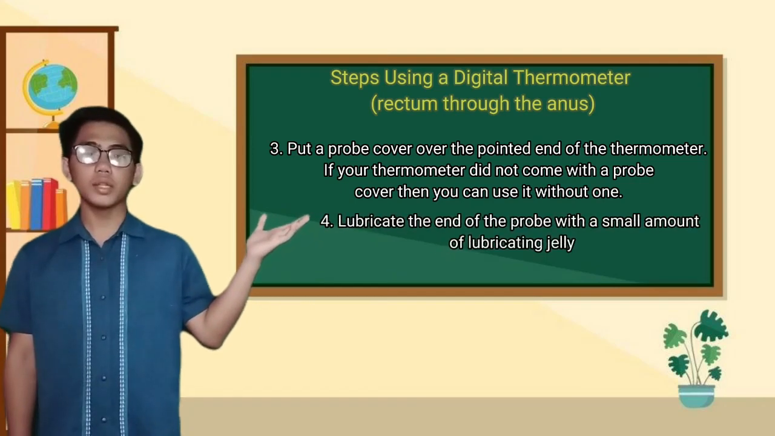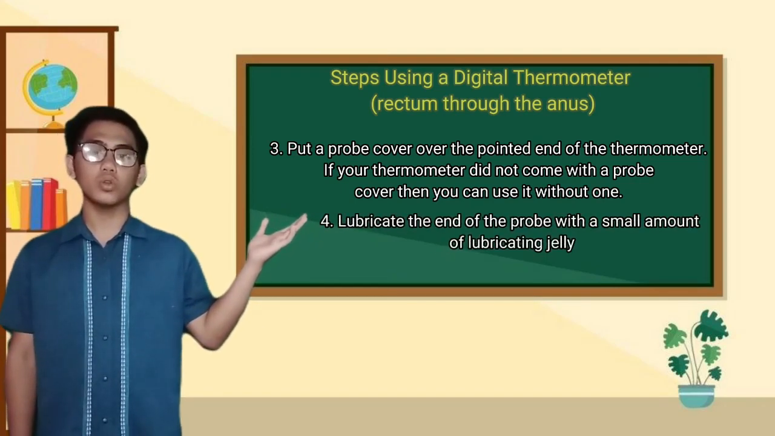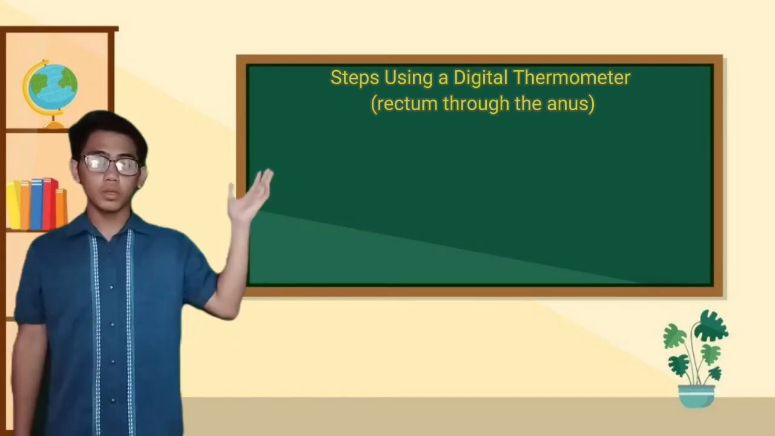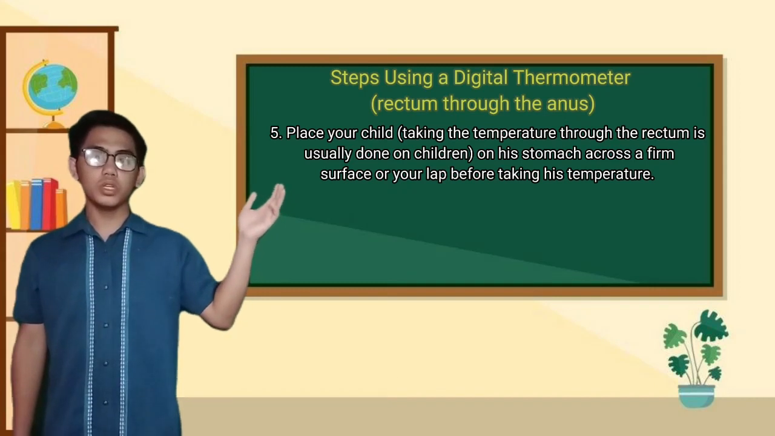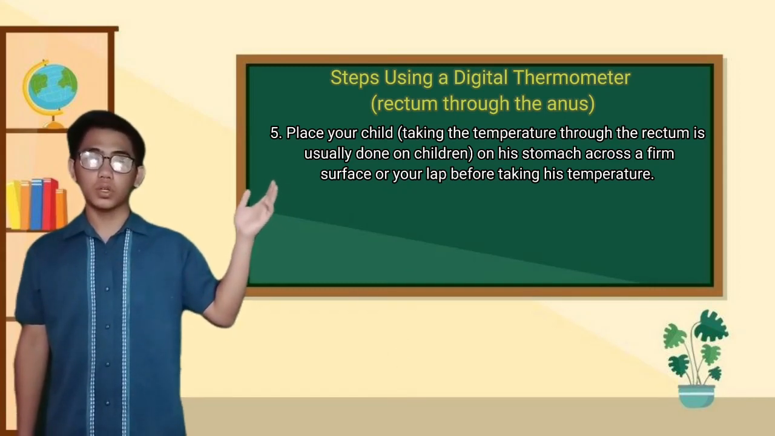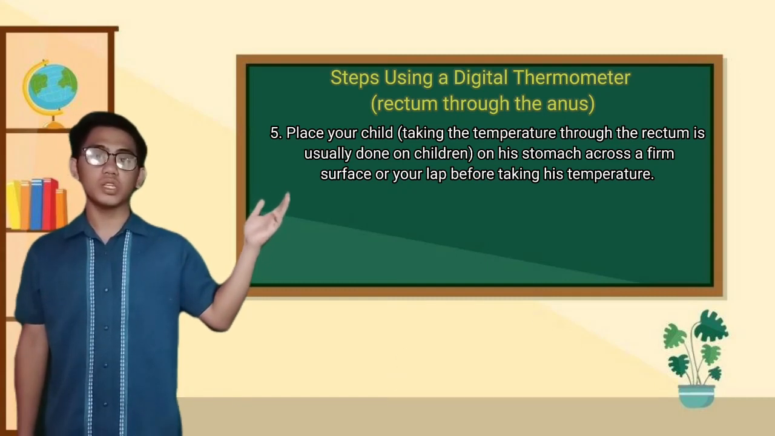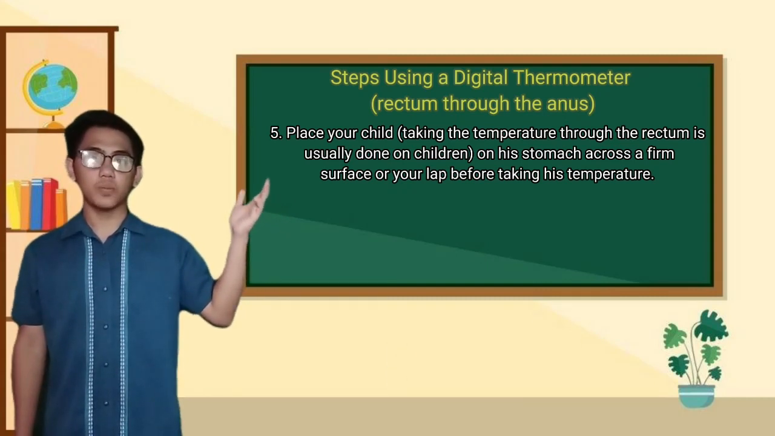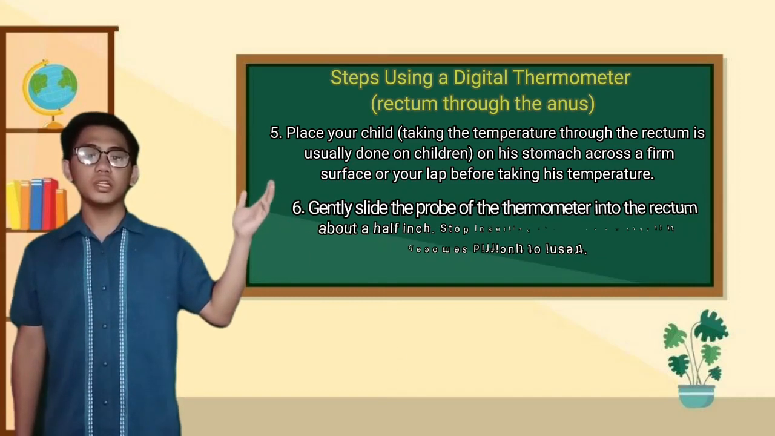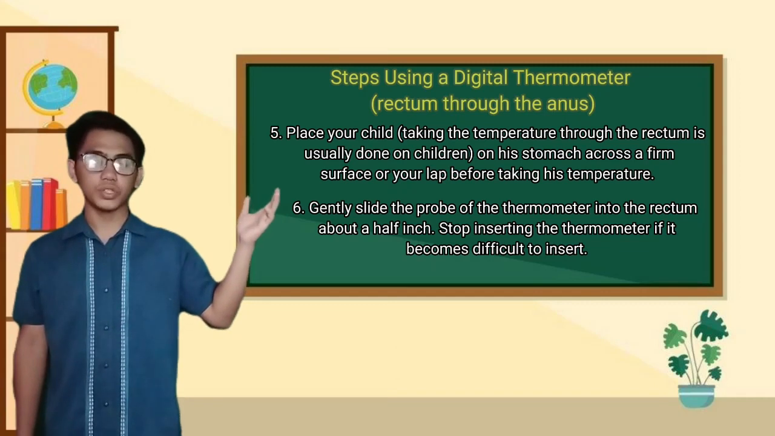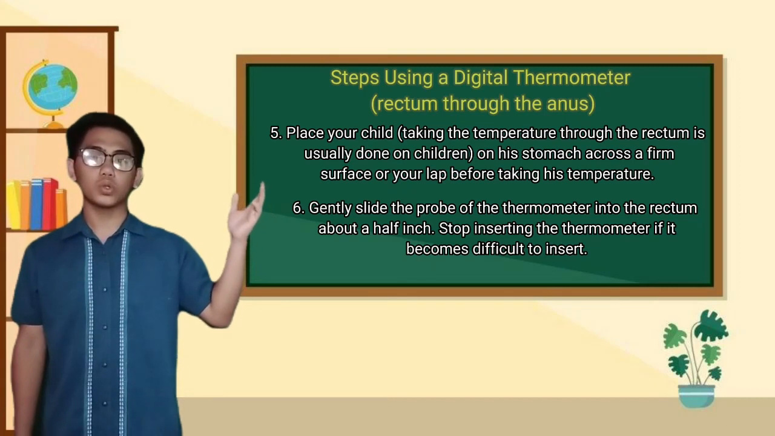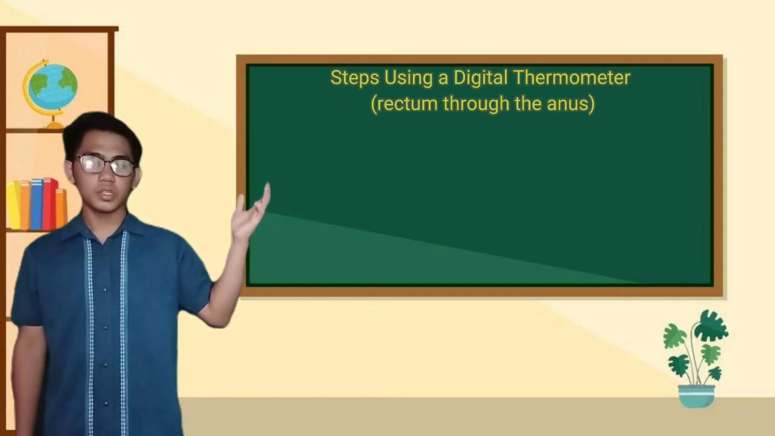Fourth, lubricate the end of the probe with a small amount of lubricating jelly. Fifth, place your child. Taking the temperature through the rectum is usually done on children. Place him on his stomach, across a firm surface on your lap, before taking his temperature. Sixth, gently slide the probe of the thermometer into the rectum about a half inch. Stop inserting the thermometer if it becomes difficult to insert. Never force the thermometer into the rectum. Seventh,